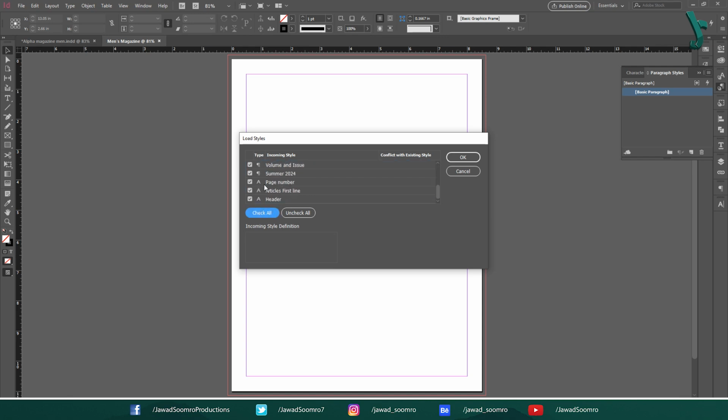You can deselect all the styles by clicking on Uncheck All. You have the flexibility to selectively import individual styles by checking or unchecking them in the dialog box. The style types are clearly indicated: P for paragraph styles and A for character styles. This level of control allows you to carefully select and import only the necessary styles, ensuring accuracy and preventing unintended